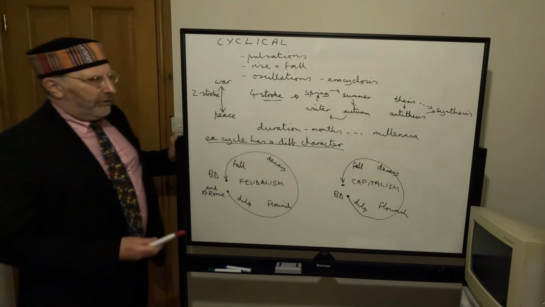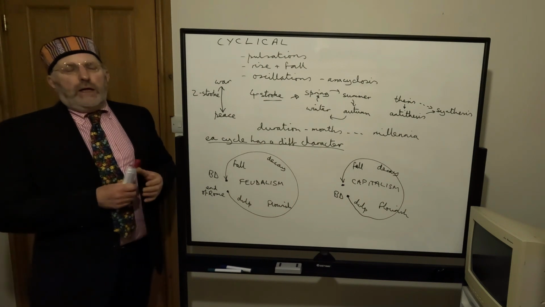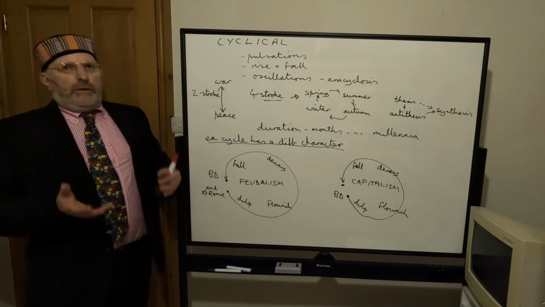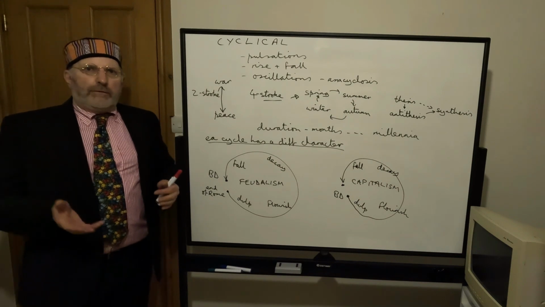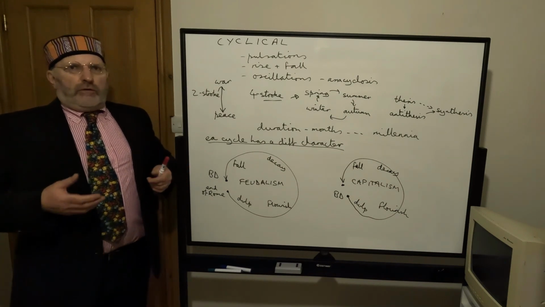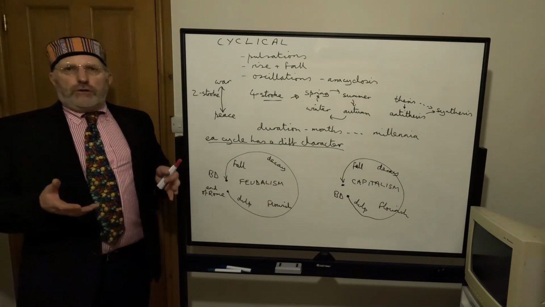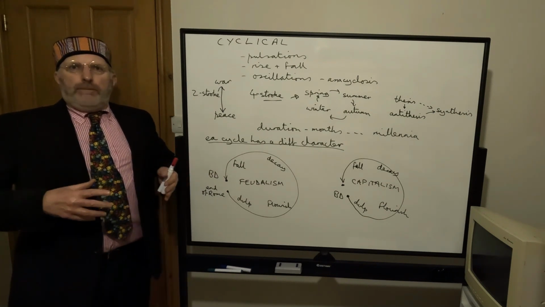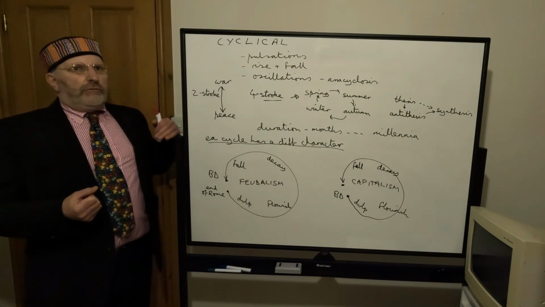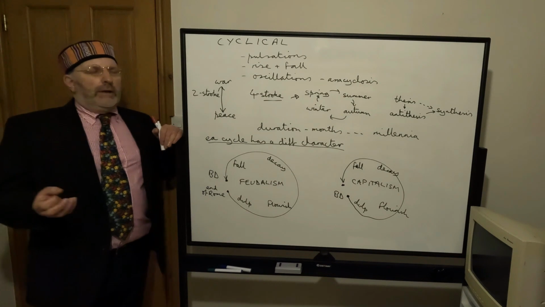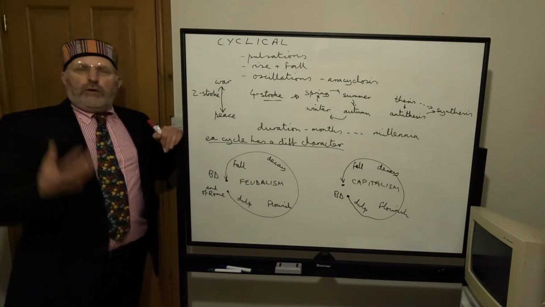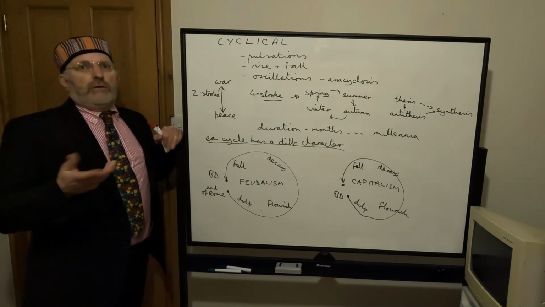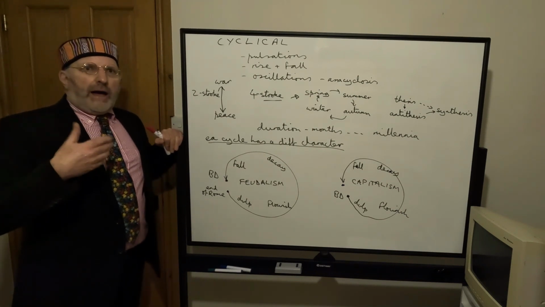And another way we can see that is also in cycles in the economy. So when a new technology comes in, it tends to lead to a bit of a boom. So for example, in the 1990s, very few people had mobile phones. But the technology was catching on, and there was a proliferation of mobile phone shops in shopping centres, and more and more people were starting to get phones, and eventually everybody had them, even your granny had one. And not only that, but the technology itself was changing so fast that there was a big incentive for people to keep upgrading their phones, because now they could do text messaging, and now they could have a camera involved,